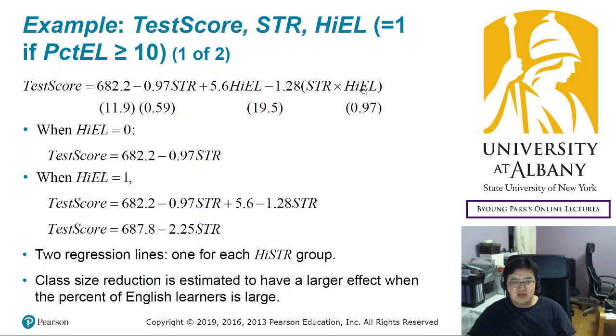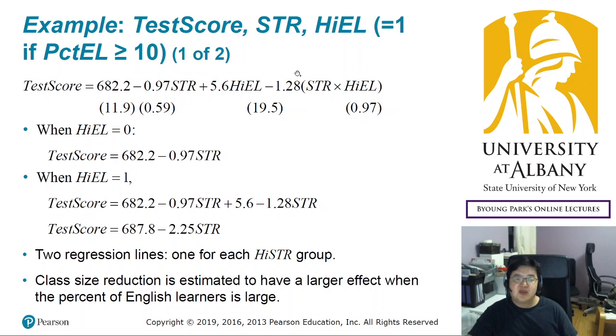So this part kicks in. So the effect on the test score becomes this plus this. So the total effect is 2.25 points. So as you can see, again, the effect of student to teacher ratio is greater if there are more English learners. So it is also consistent with our expectation and estimated to be true,